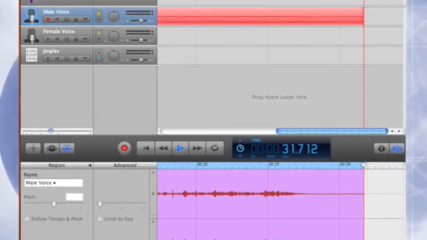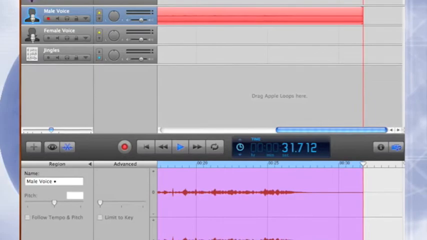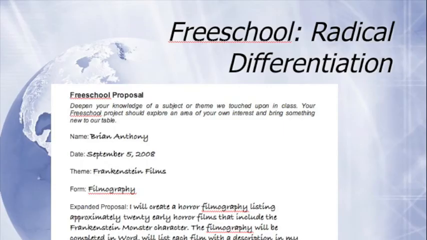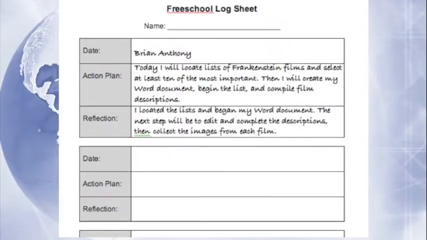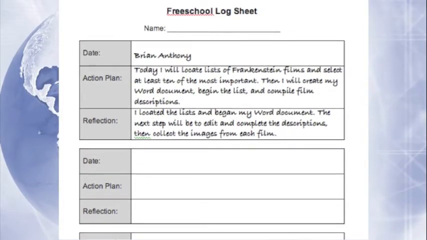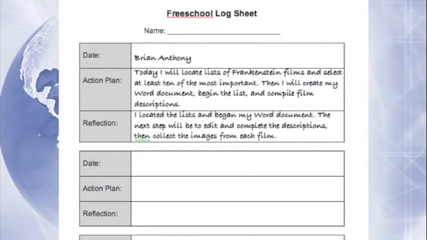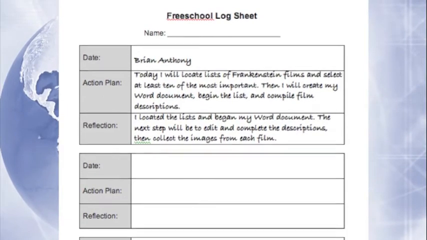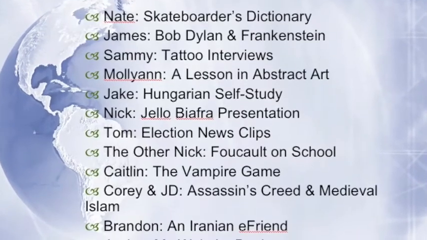This wealth of technology provides a wealth of opportunity for differentiation. Free School, an ongoing project in my classes, is a form of radical differentiation. Students literally create their own projects based on their own interests. They can do whatever they want as long as it's connected to one of the 4 language skills. They set their own instructions and rubrics, they keep logs of their activities, and they present these materials to me with their finished product. Here are some examples of the really innovative and imaginative projects my students have pursued.